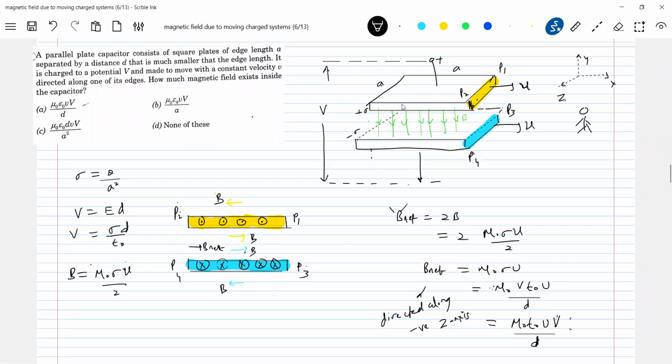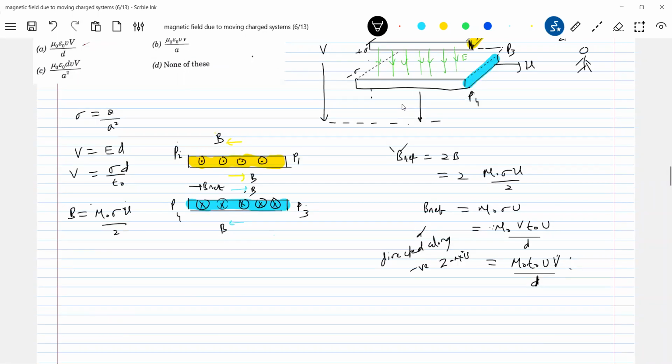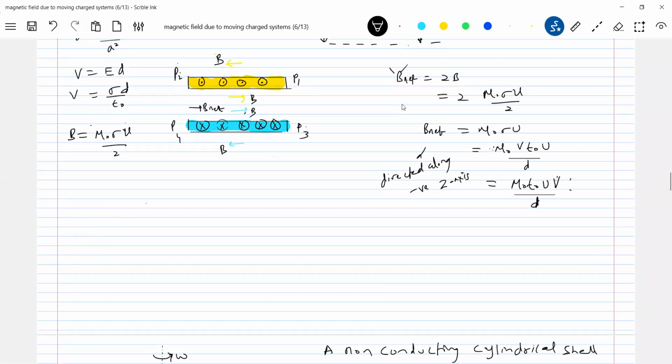Okay, plates now. Plates moved in different directions. Try to think, I just took some cases. If the plates are moved with different velocities in different directions, then the resultant field at a point... Even there can be a question like this.